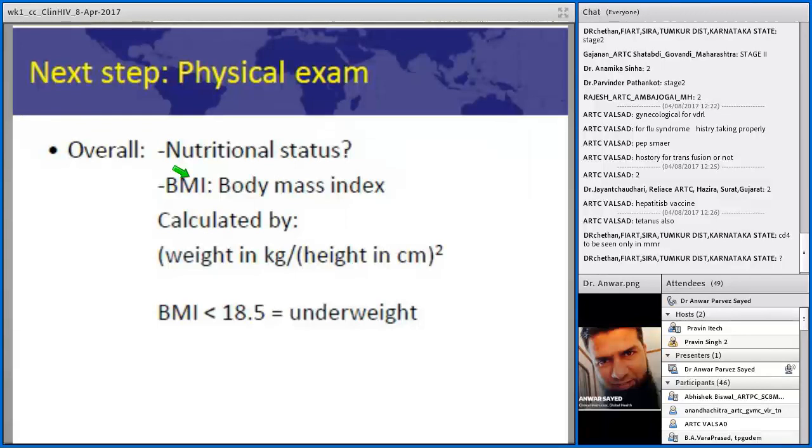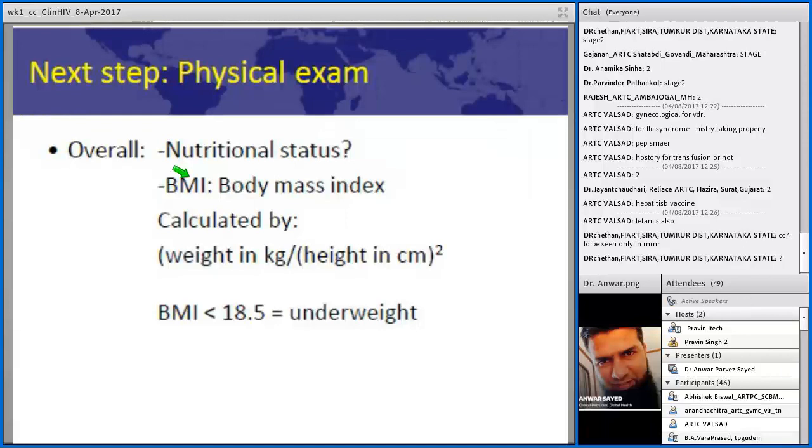So there can be 10 problems in a patient. A new patient comes in, he can be in depression, he is not accepting, suppose, an HIV positive result. Suppose he has TB. Suppose he has some stigma and discrimination related issues. He is alcoholic. He has other 3-4 problems. So out of all these 10 problems, this is called a problem list.